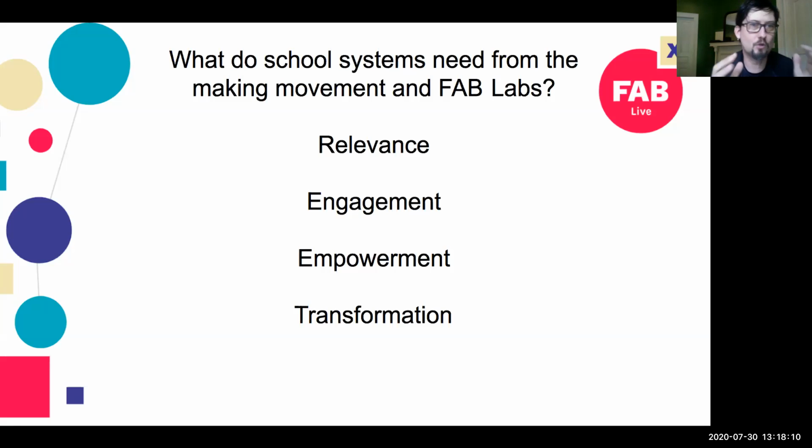As fabricators, we have some cool gadgets, and we have a really unique ethos about what it means to make and create and innovate and iterate. But all of that is secondary when you walk into a school setting. It's important, and eventually they will see the value. But the first step is seeing the value in what the teachers are doing. When the teachers see that your machines are relevant to what they're teaching in the classroom, they will then open their classrooms for you to come in. And they will then give you access to their students to come do your programming.